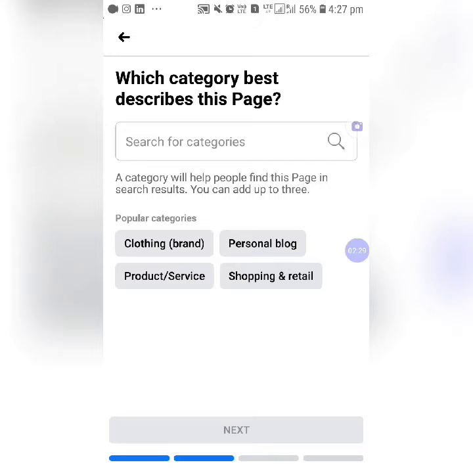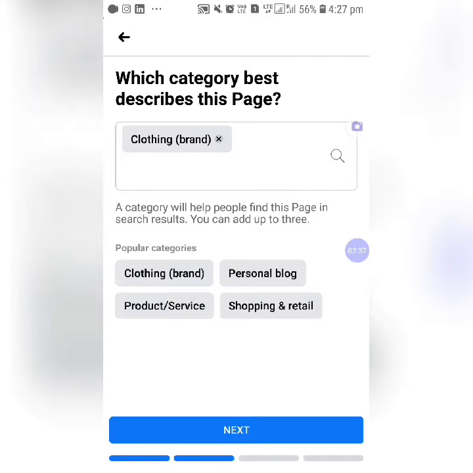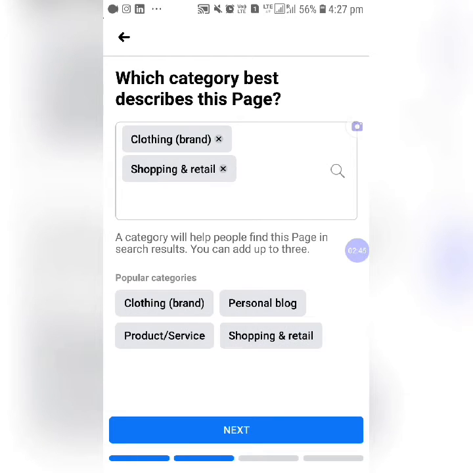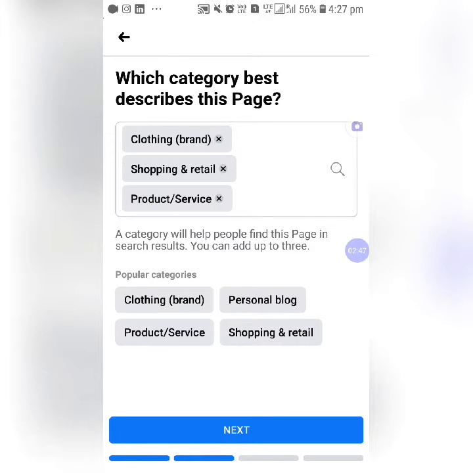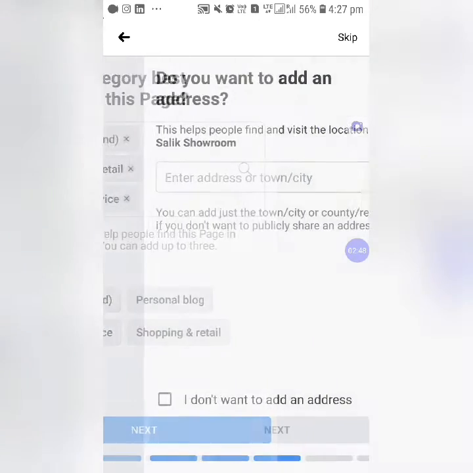So we have to choose. We have given clothing. Once it is selected, we can give many more options as well. Shopping and retail, we can write product, services, and then we have to move next.